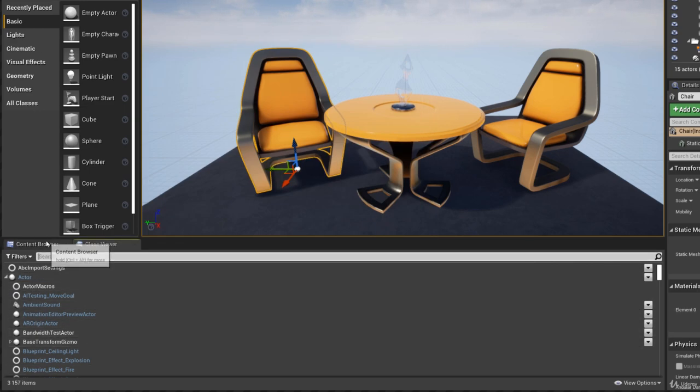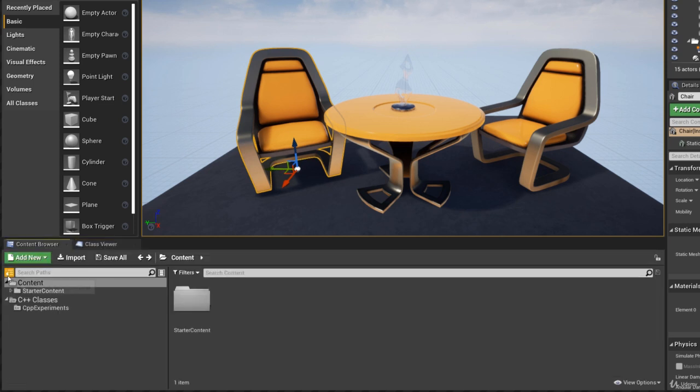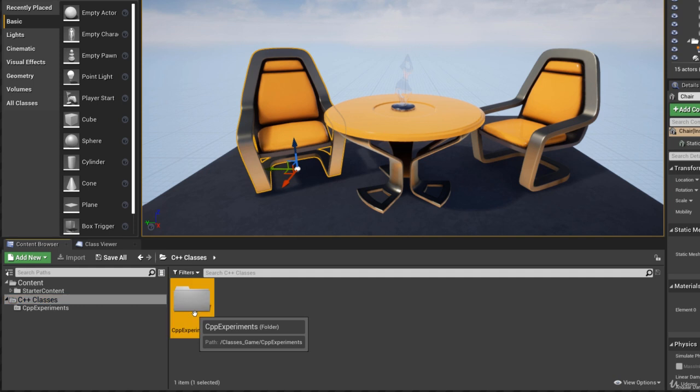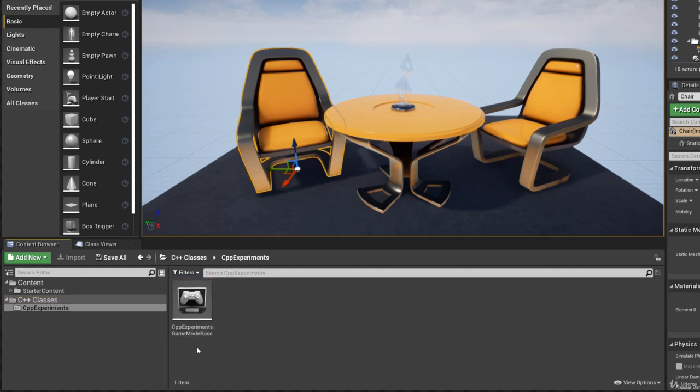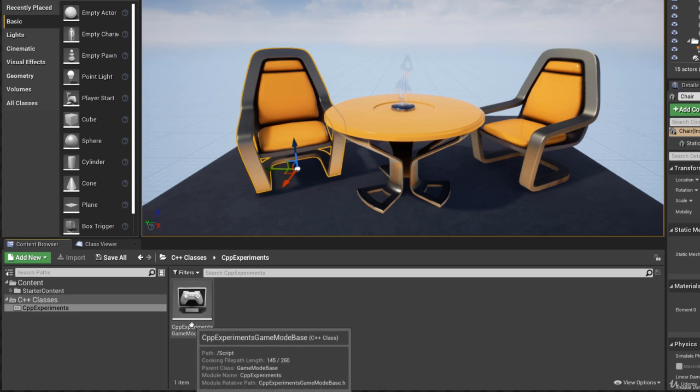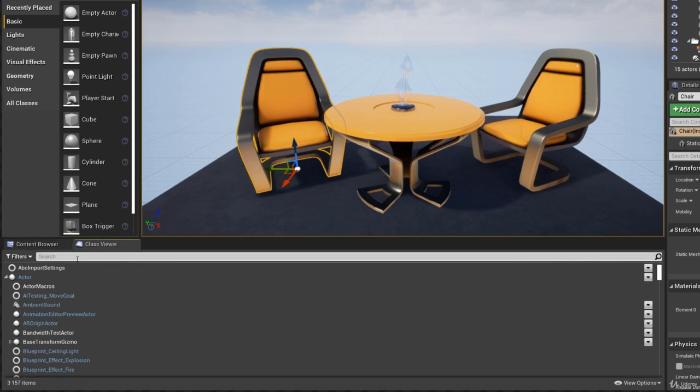So you can search, for example, in the content browser. I'll click here to expand. Then you have C++ classes. And in here we have the game mode. And we'll talk about game modes later. But this is a C++ class. If you hover over it, it will say C++ class. So you can search for that